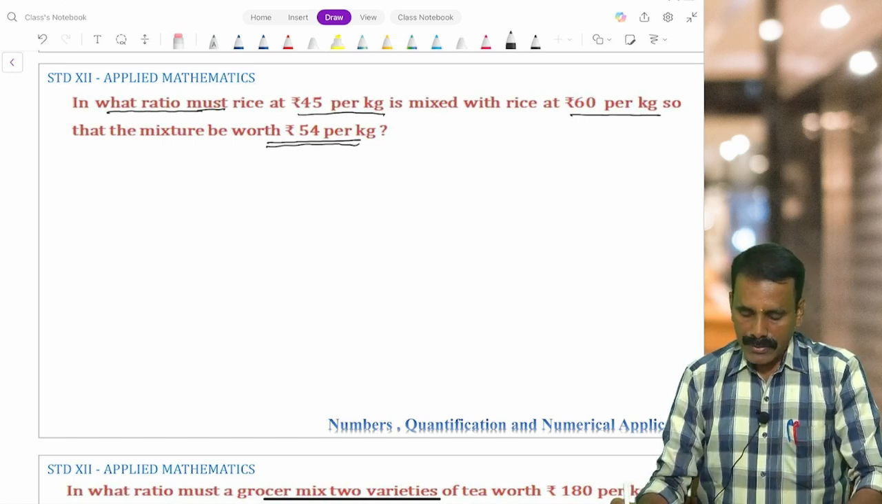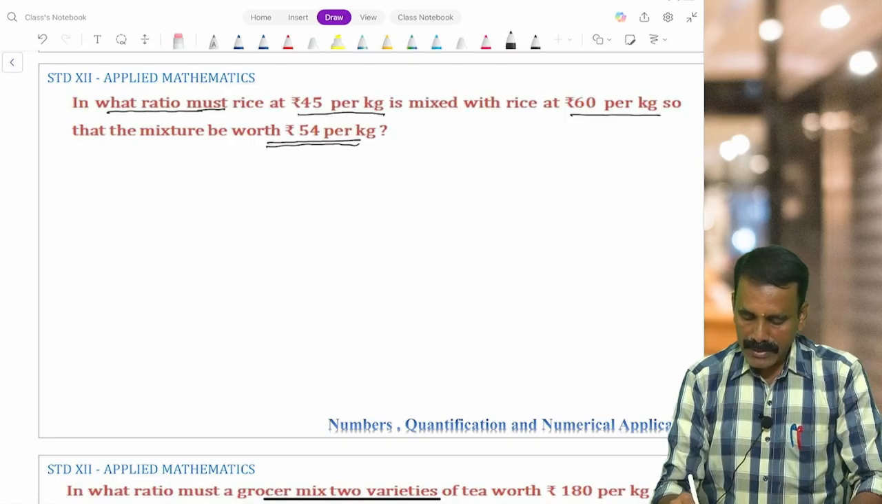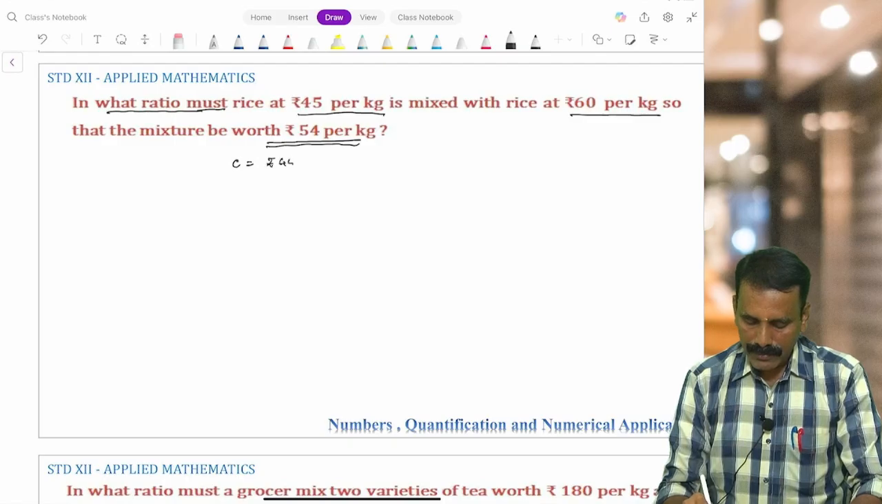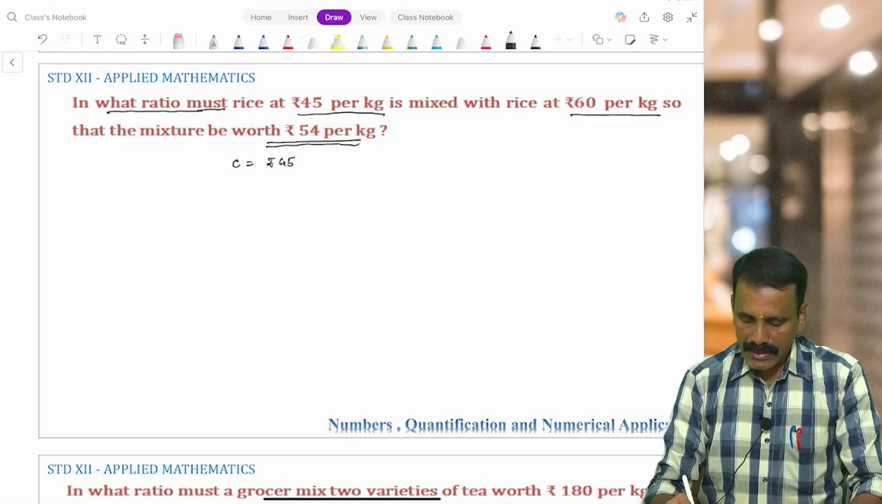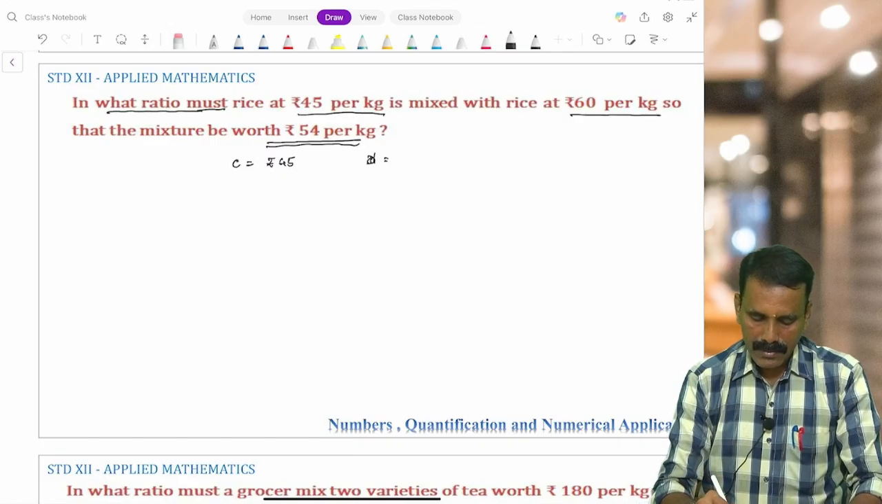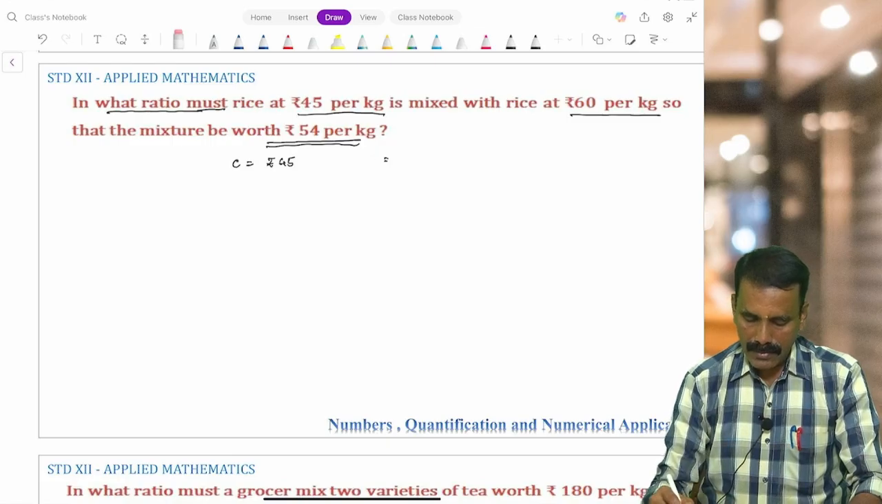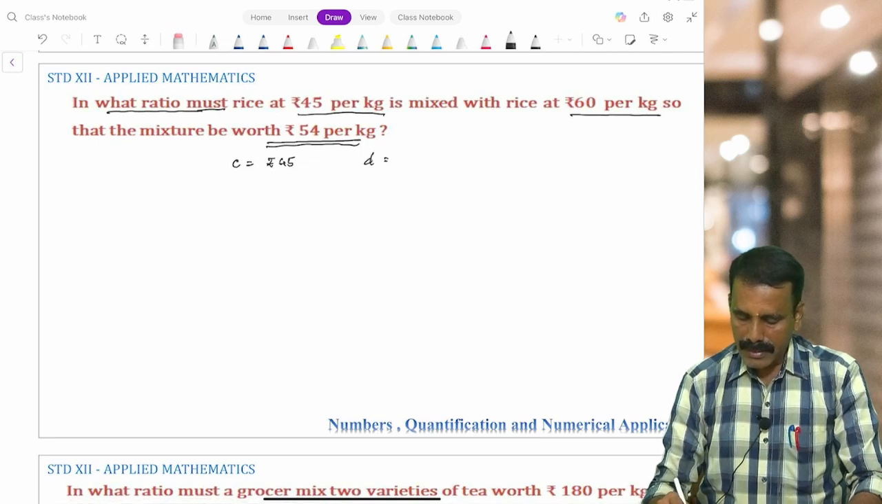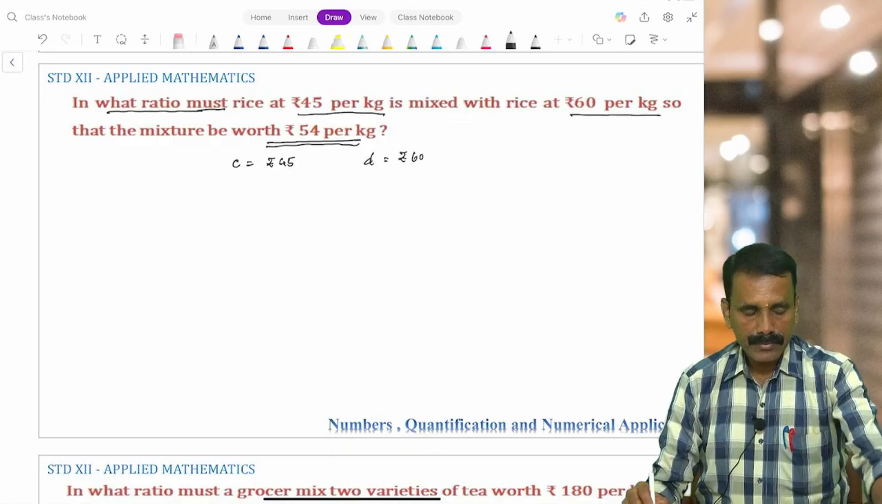So we try to write the values. 45 per kg is smaller, correct? So we take that as cheaper. C is equal to rupees 45 and rupees 60 it is dearer, D will be taken as rupees 60. And the cost of the mixture,